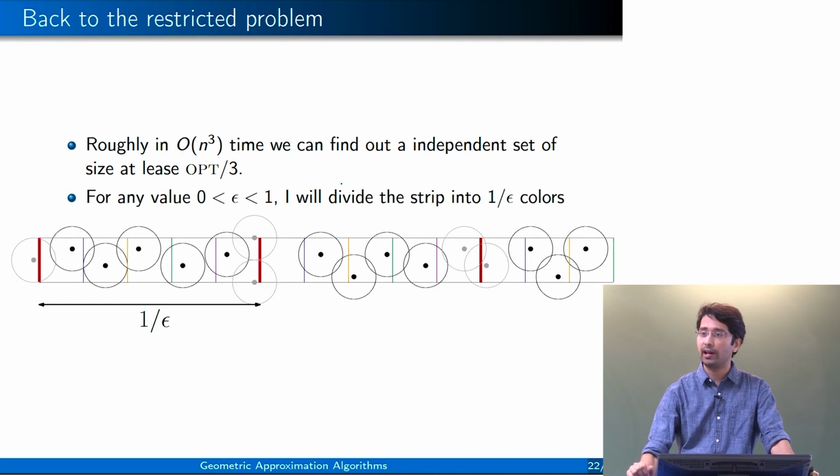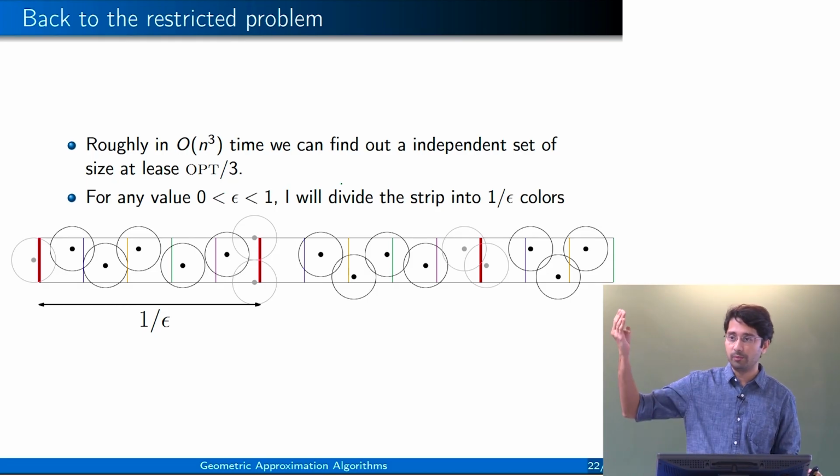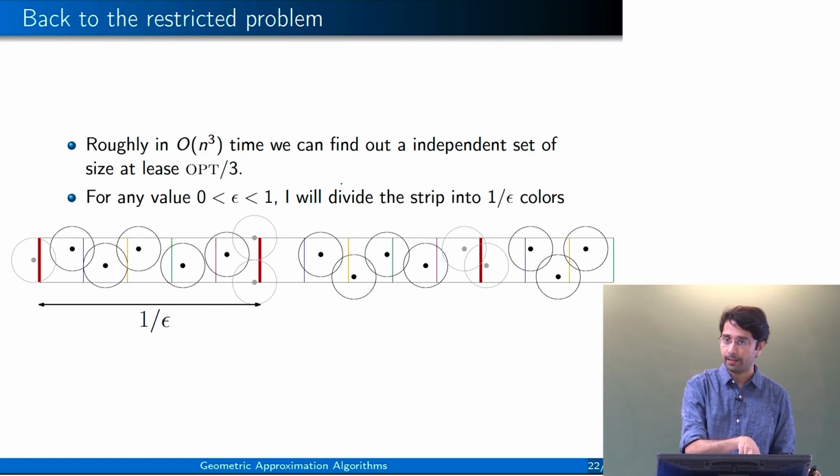What happens for any value epsilon between 0 and 1? I can make 1 by epsilon many divisions. I can use 1 by epsilon many colors. Why 3 colors? I can use 4 colors. Then the complexity will be n to the power 4, because each problem will be of size n to the power 4. I can use 5 colors. Then the complexity of each problem will be n to the power 5. I can choose 5 independent disks from each of them. I can choose 6, 7, 8. Complexity will increase, but